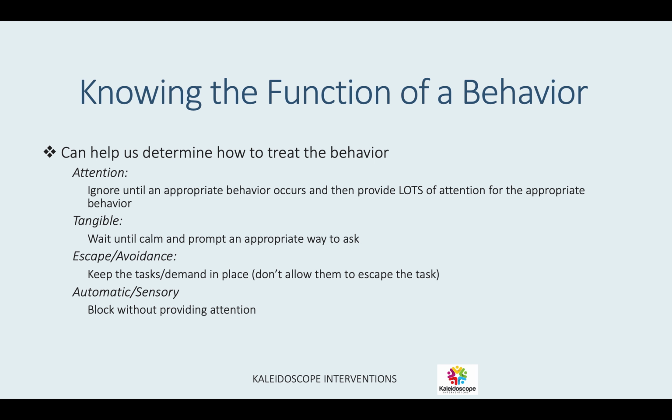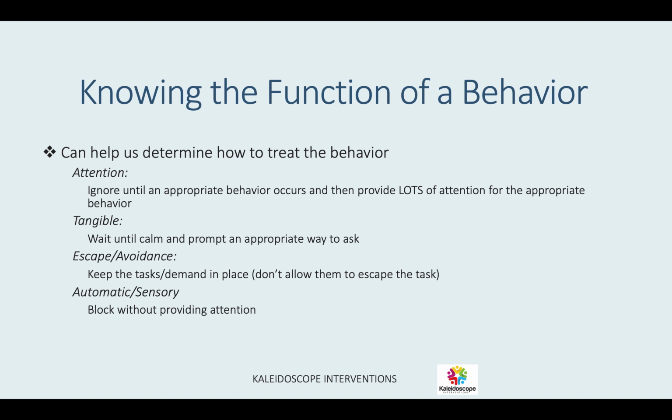Once the appropriate behavior occurs is when you would then want to provide lots of attention to the appropriate behavior that is emitted. When the function of the behavior appears to be reinforced by tangible items, you want to wait until the individual is calm and then prompt an appropriate way to ask for that item, and then you can